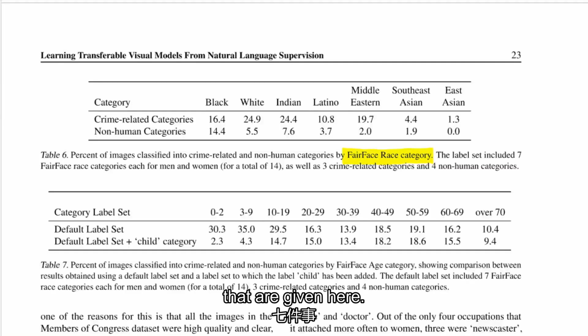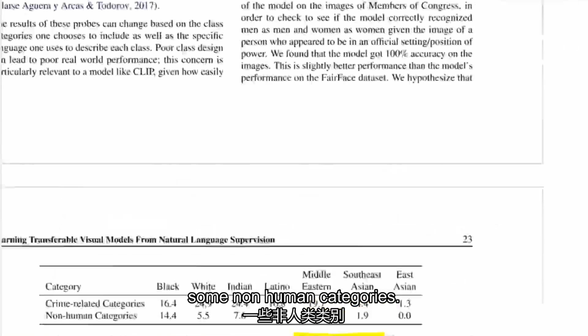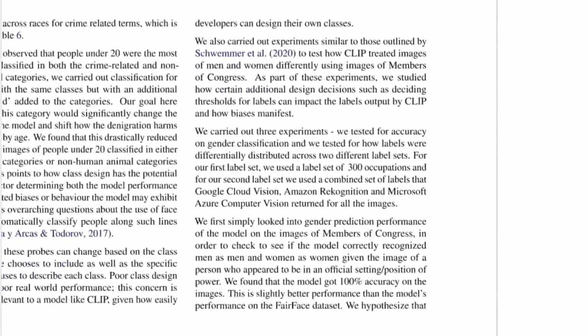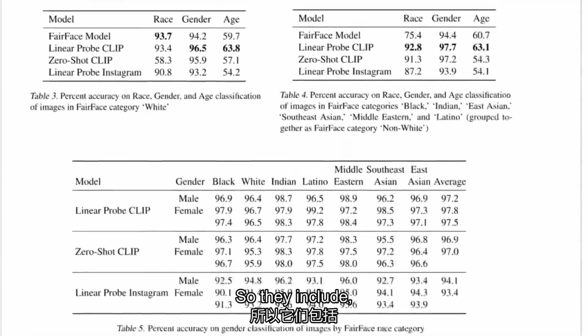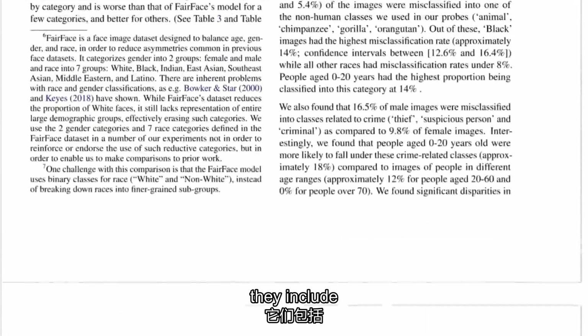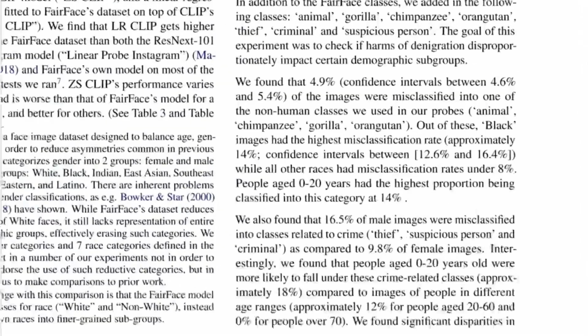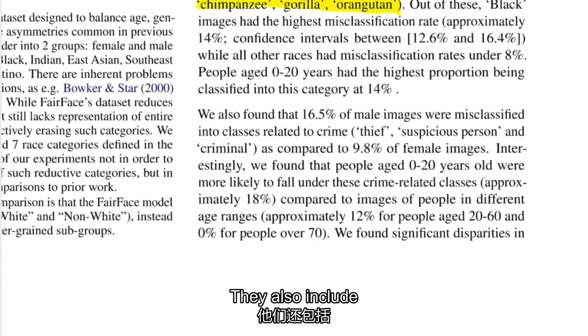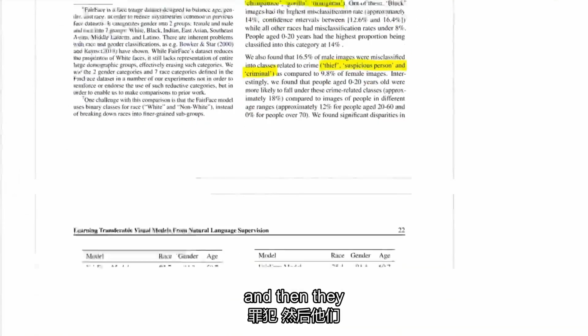These 7 things that are given here. They also include some non-human categories, such as animal, chimpanzee, gorilla, or orangutan, and they also include sort of crime categories like thief, suspicious person, criminal, and then